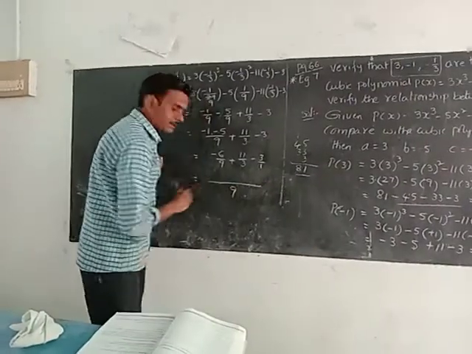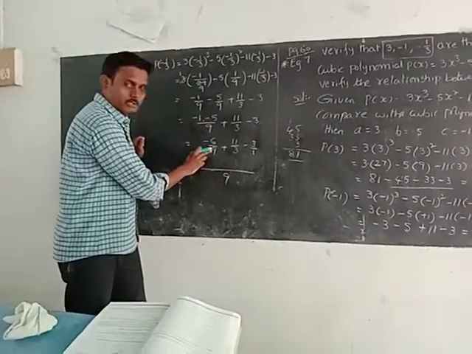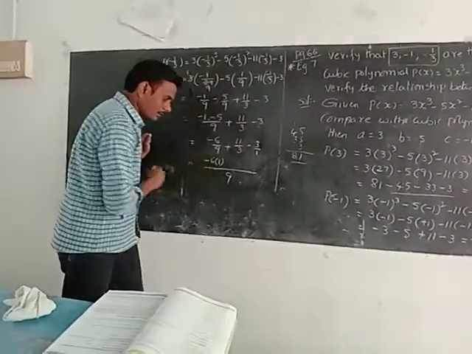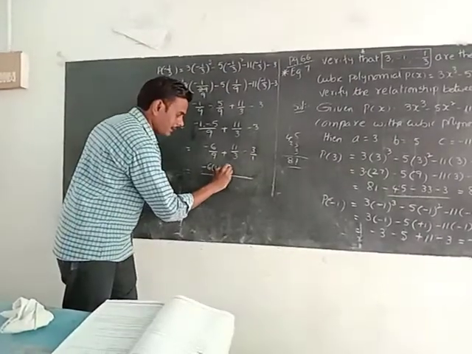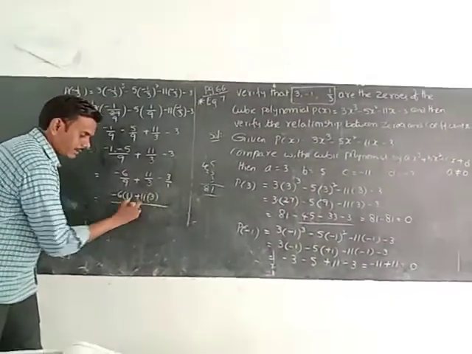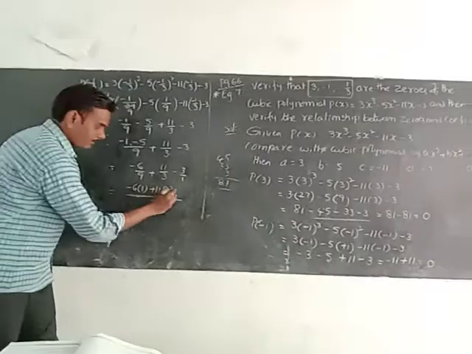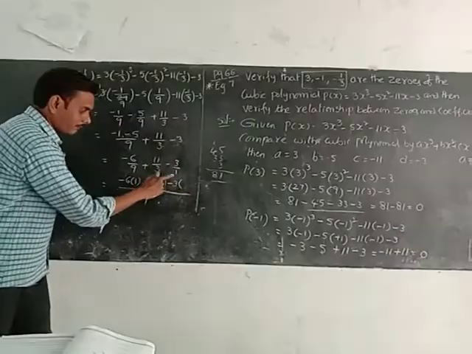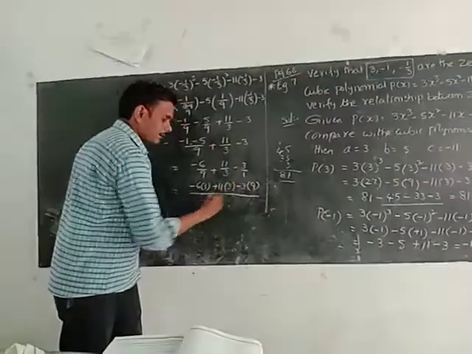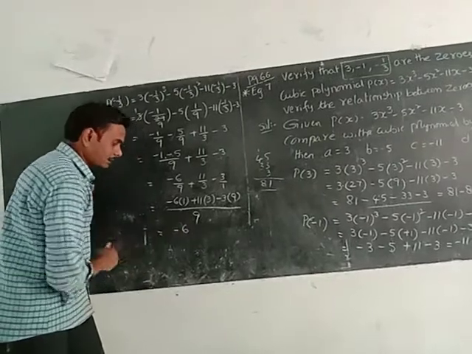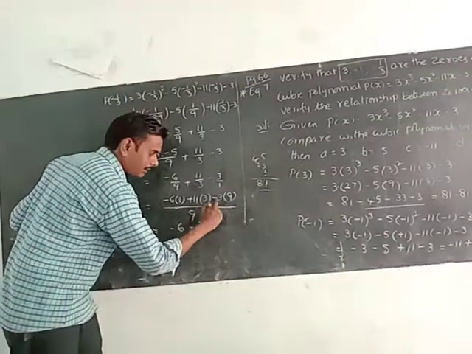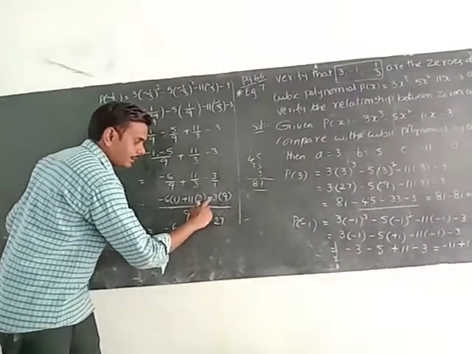Write 9 as the denominator. Here 9 is already there, 9 ones are 9, no need to multiply the 6. Otherwise, if you want to multiply, 9 ones are 9. Plus the numerator 11: in the 3 table, 3 threes are 9, so write 3 here, 3 threes are 9. Minus 3: how much should we multiply to get 9? Multiply by 9. Now 6 into 1 is minus 6. 11 threes are 33. Minus 9 threes are 27. Here minus into plus is minus only.